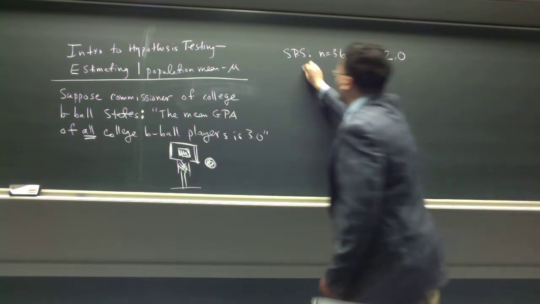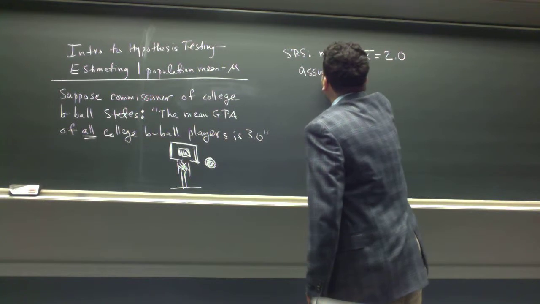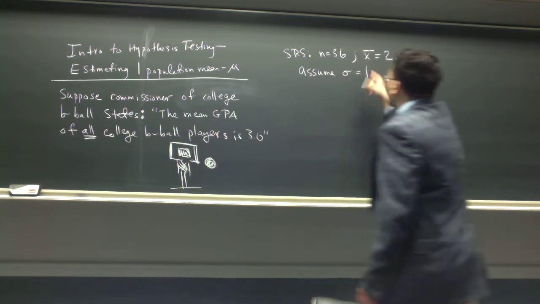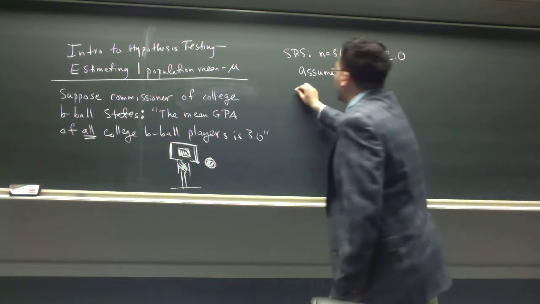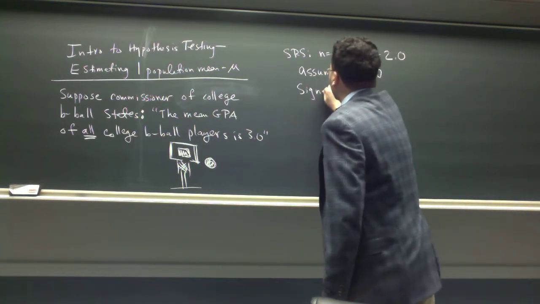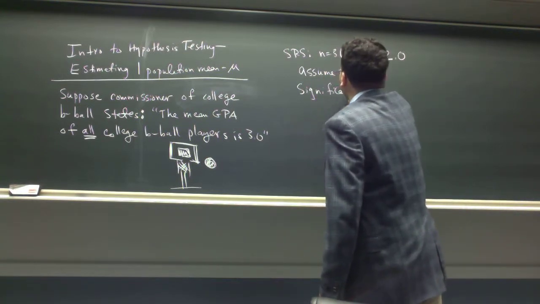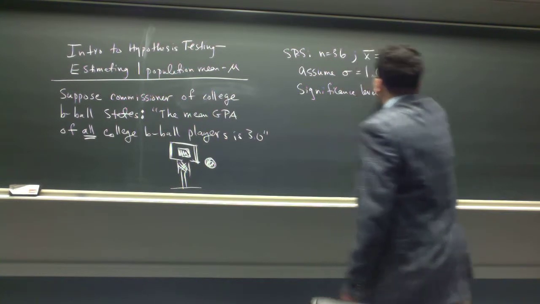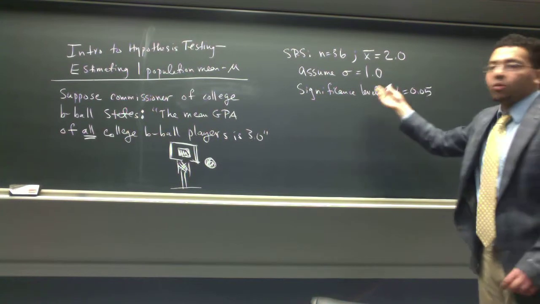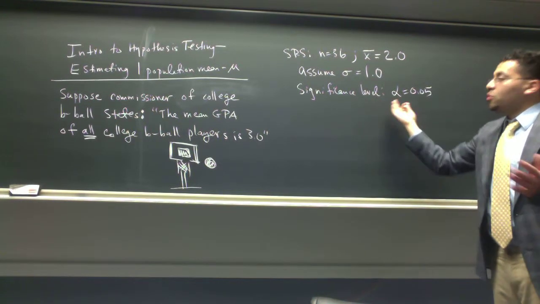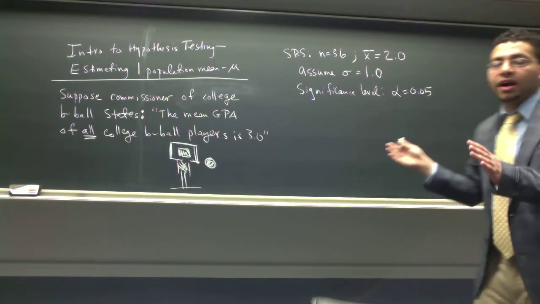And let's assume that we have a population standard deviation of 1.0 with a significance level known as alpha of 0.05,